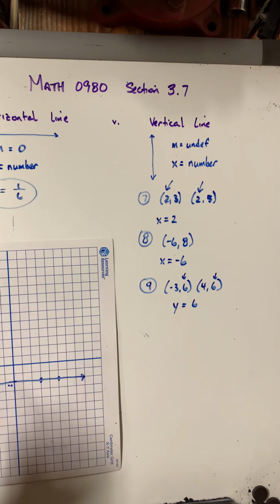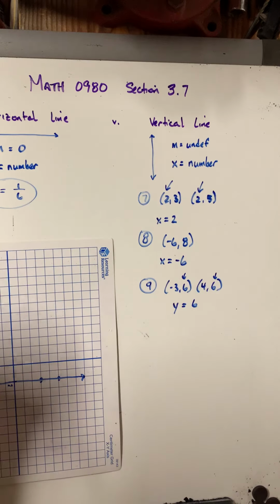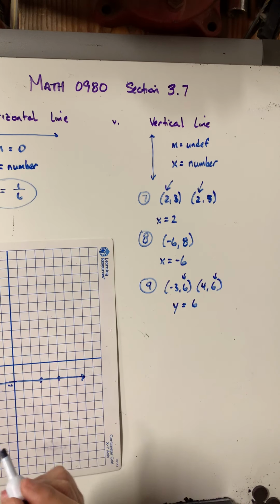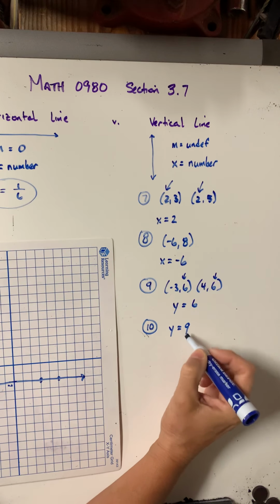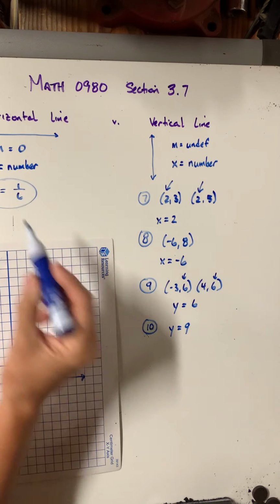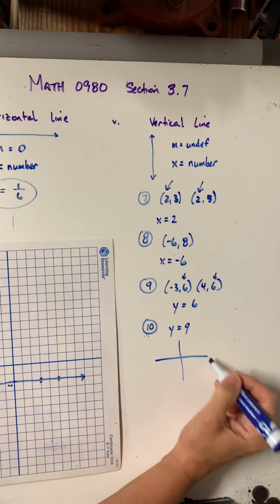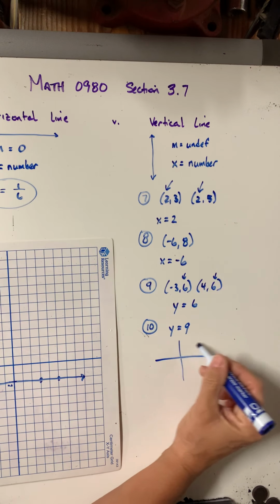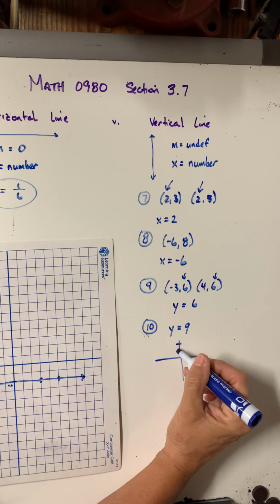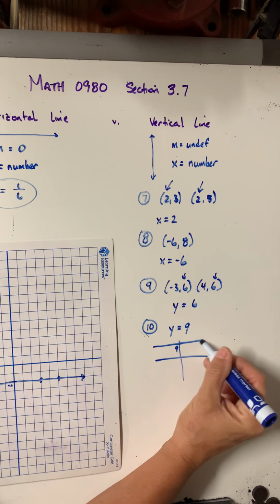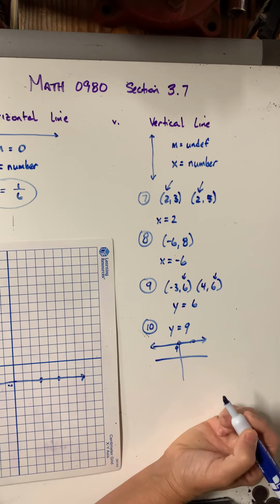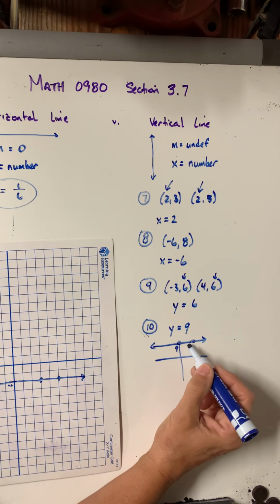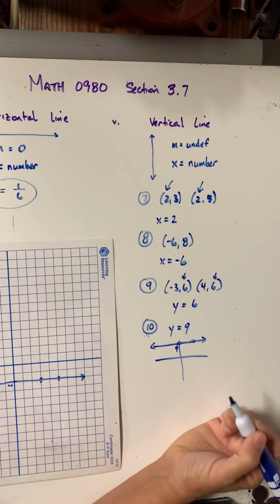Okay, let's look at question 10. It says graph the line y equals 9. Well, if they give me the line y equals 9, what do I know about it? I know that it's horizontal. If it's horizontal, that means it's going to go through the y-axis at the number 9. So how do I plot that? Just pick 2 points that happen to have a y value of 9,